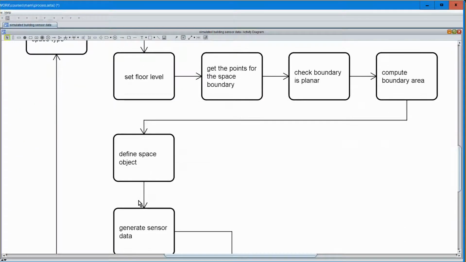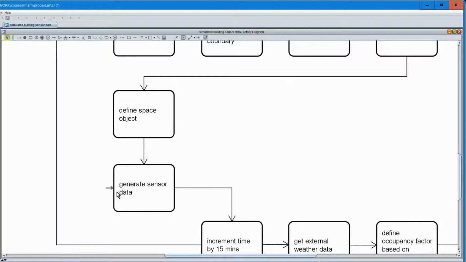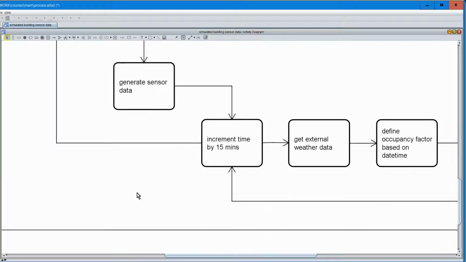So we create the space object, and then once we've got the space object, we can call generate the sensor data, and then this moves us into